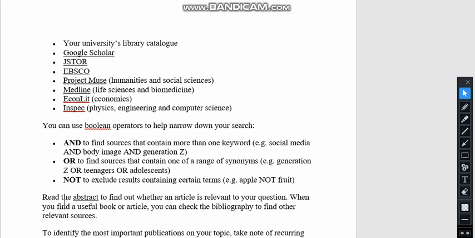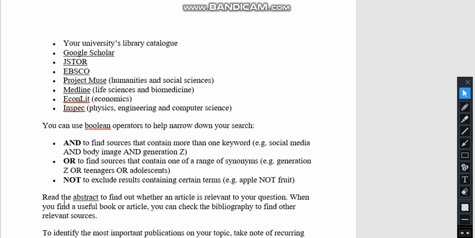Apart from the websites, we also have to use Boolean operators to narrow down our research work, like AND, OR, NOT. AND is used to find sources that contain more than one keyword. We use OR to find sources that contain one of a range of synonyms, like generation Z or teenagers or excellence.